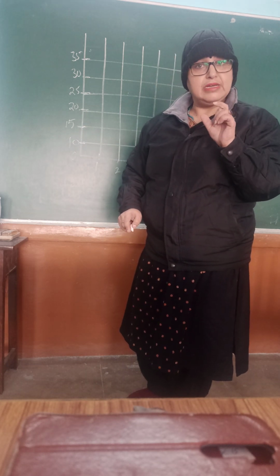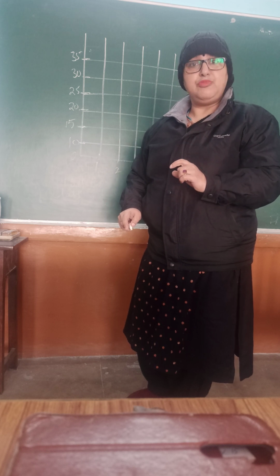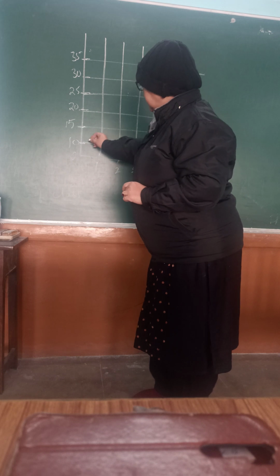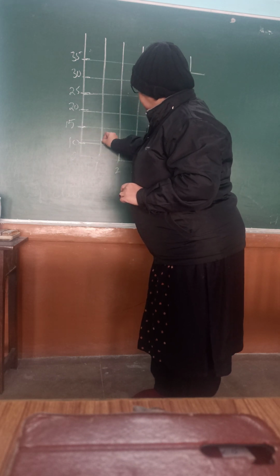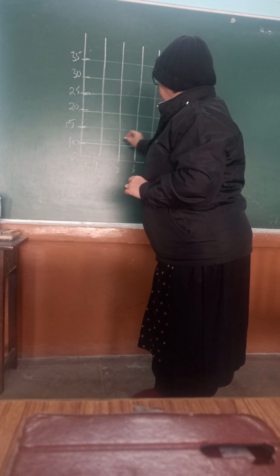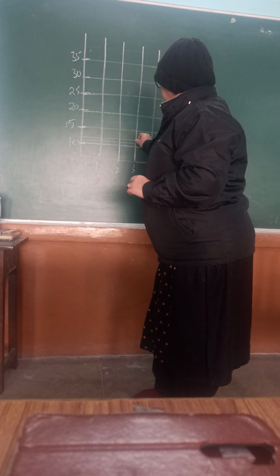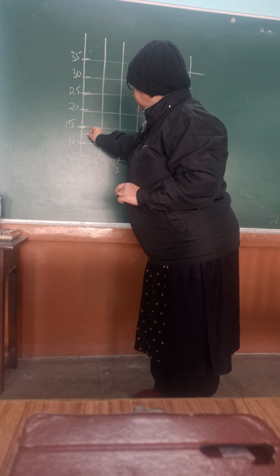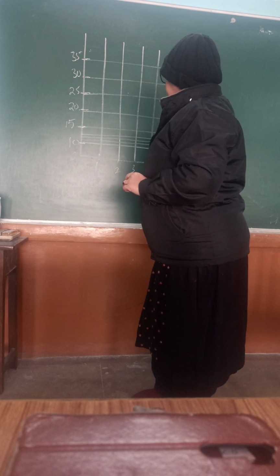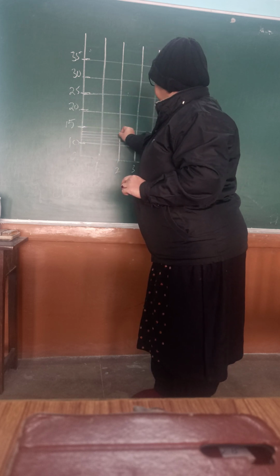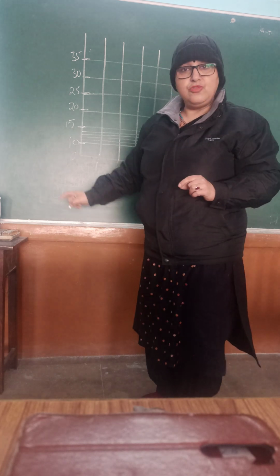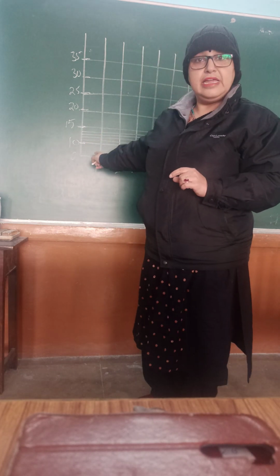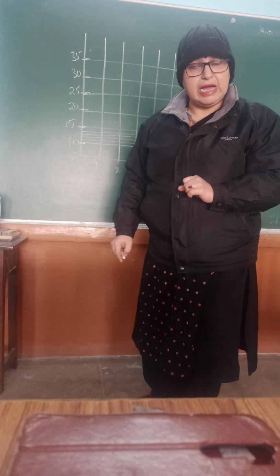Okay, now I have to count the number of lines in between the two boxes. How do you do that? If you see, there are smaller lines like these which are made in your graph copy. Okay, very, very thin lines which are made in between, like this. Okay, you can see the lines which are made like this in your graph paper. So how do you count these lines?